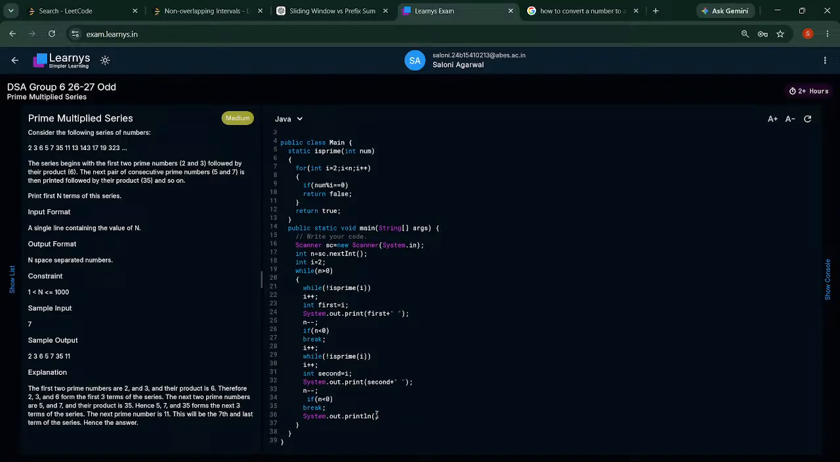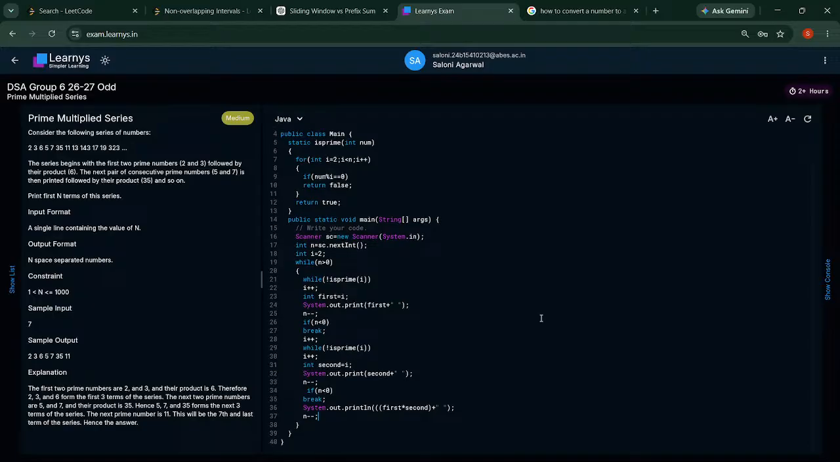System dot out print, first, first इंटू सेकेंड, have to give space also. I also have to do n minus minus. Will it work? 7 एलिमेंट है 1 2 3